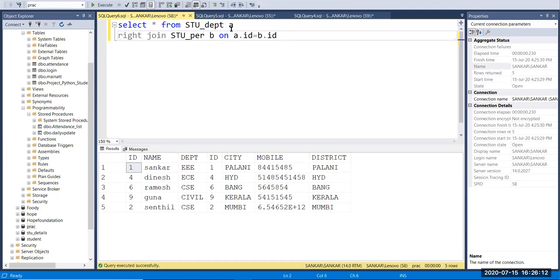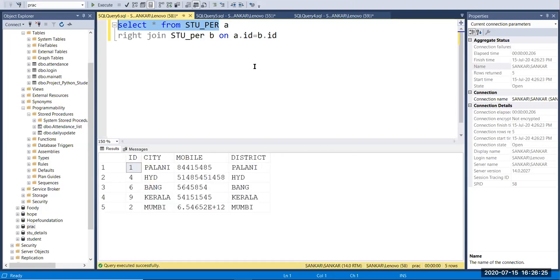Now if I change the left side and right side tables, I'm going to give stu_per as the left side table. Now we have 5 values, right? And I'm going to change dept as the right side table.